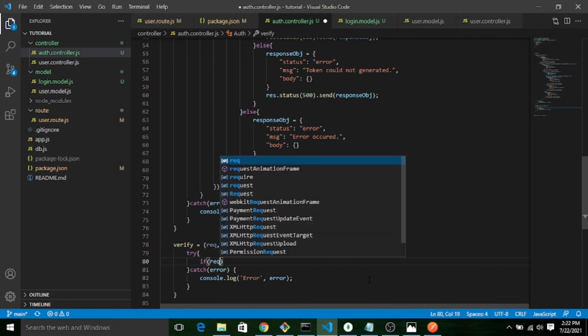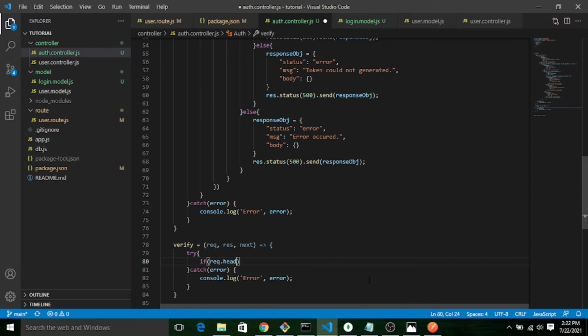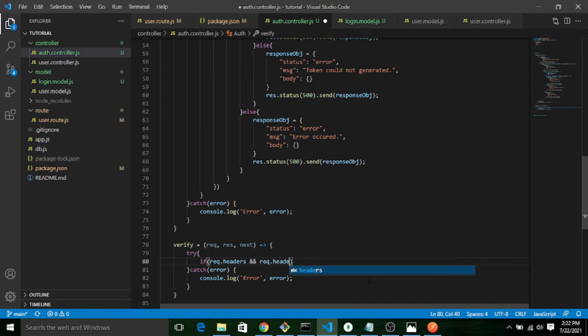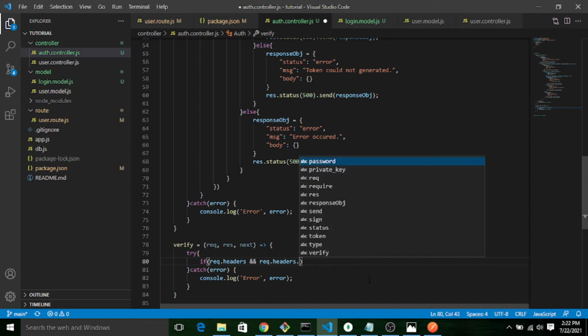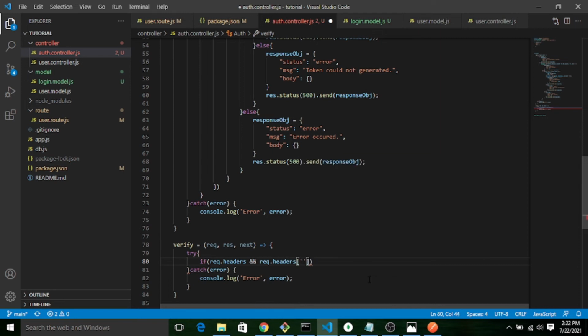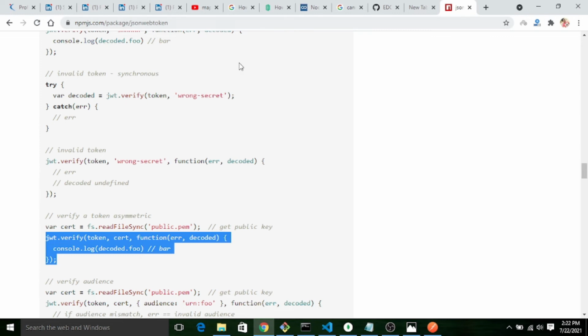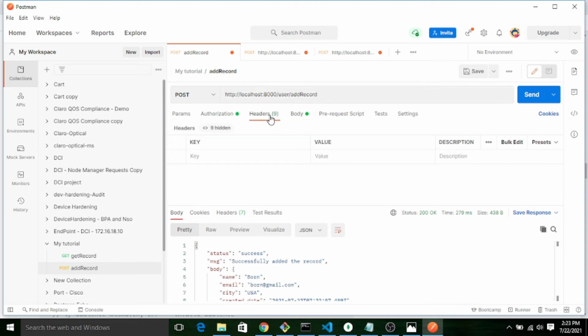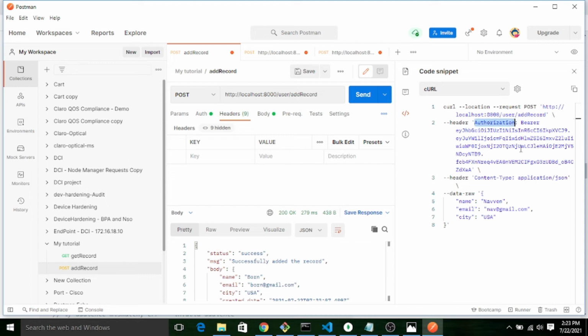If request dot headers and request dot headers, that is authorization.